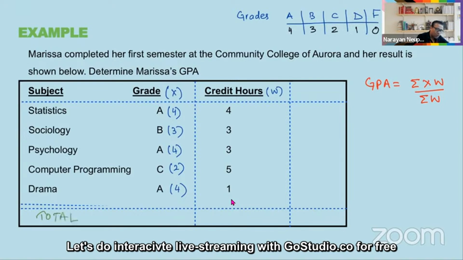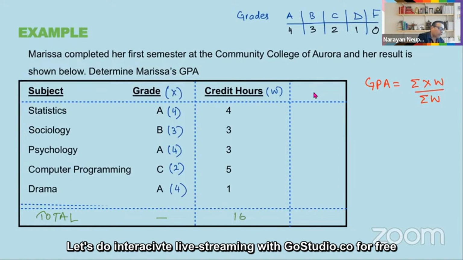So we find the total. We don't need the sum of x. You can look at the formula. We don't need the sum of x, so I don't need to add these values. You have to find the sum of w. When you add all these, what will you get? 16, okay? 16. Now the next one we need in this column is x times w, and we have to